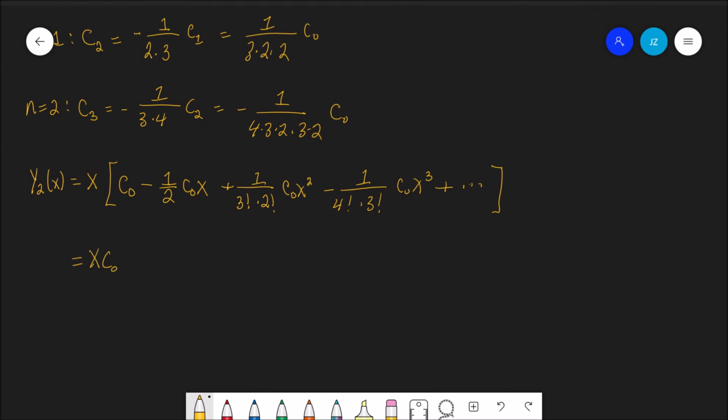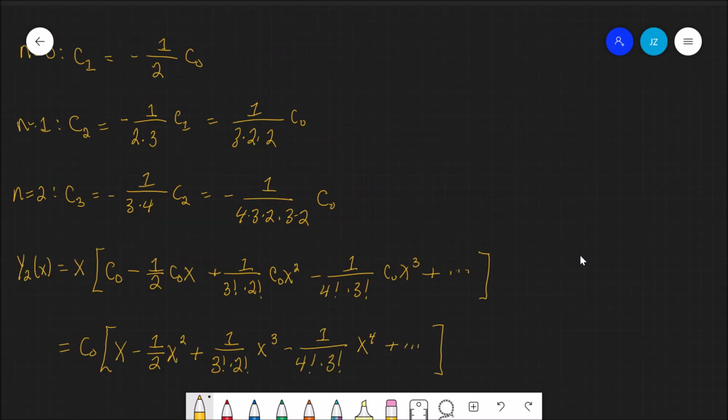which equals c0. I'm going to pull that out, and I'm going to also factor in that x, so we get x minus a half x squared plus 1 over 3 factorial times 2 factorial x cubed minus 1 over 4 factorial times 3 factorial x to the fourth plus yada yada yada. And I'm going to stop there because if we come back up,